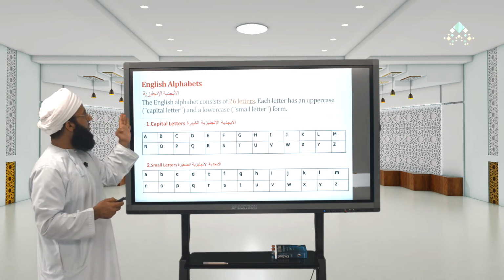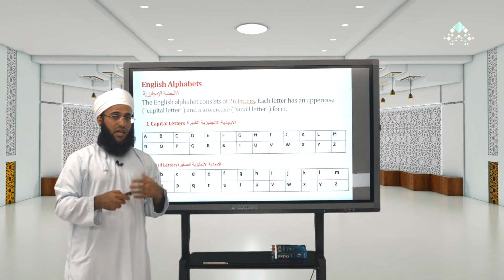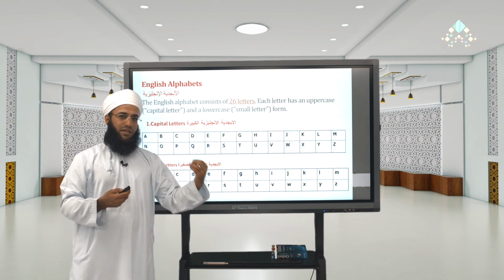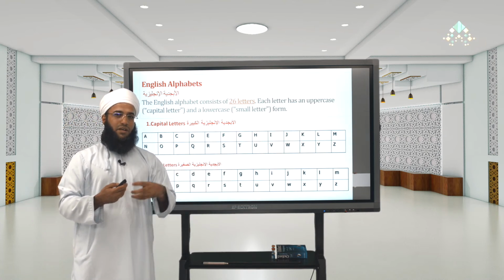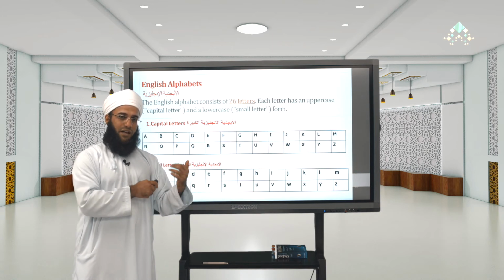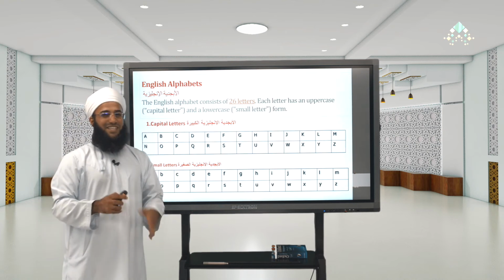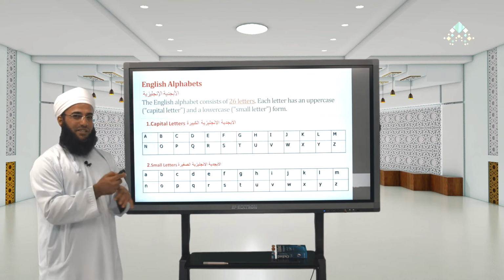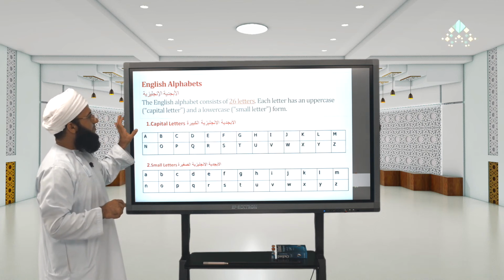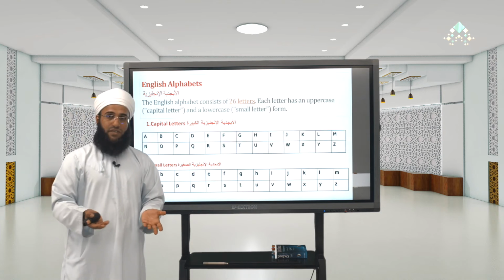And we call them the English alphabets. The letters, we call them the English alphabets. Alphabets. If you look at this, alphabets. Alif, ba. In Arabic we say أبجد هوز. In English, alif, ba, ta. Alphabet. Okay? It's like taken from Arabic. Alphabet. Anyway, what I want to say here, how many letters we have in English? We have 26 letters, yes?